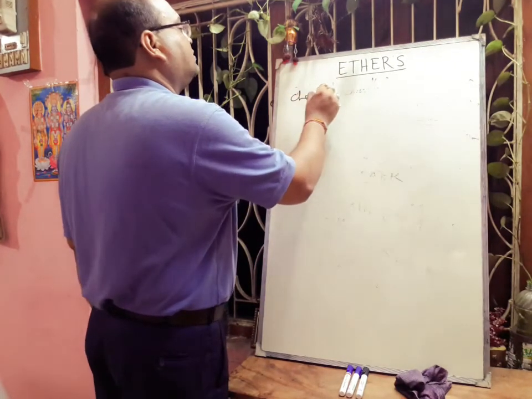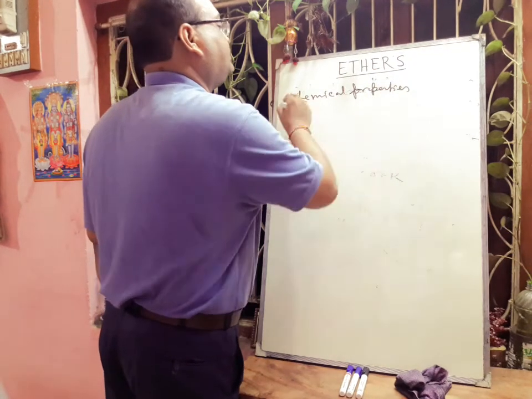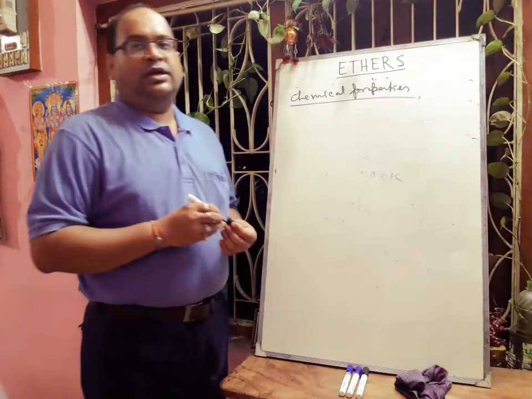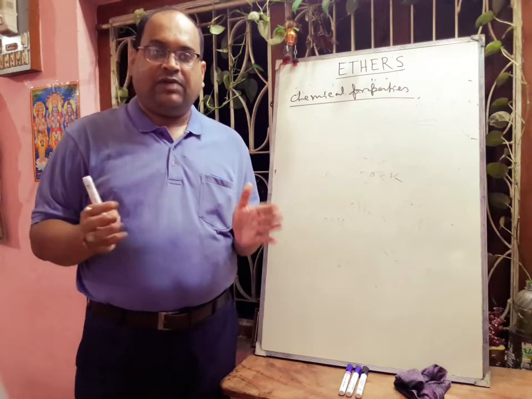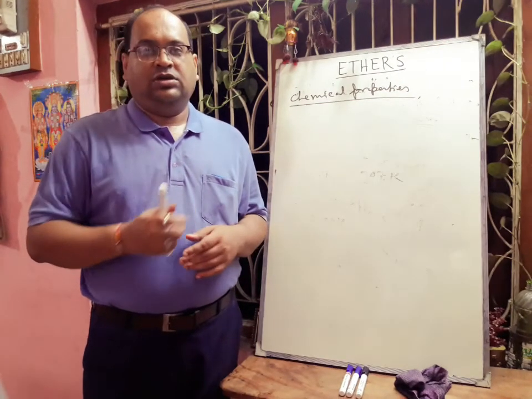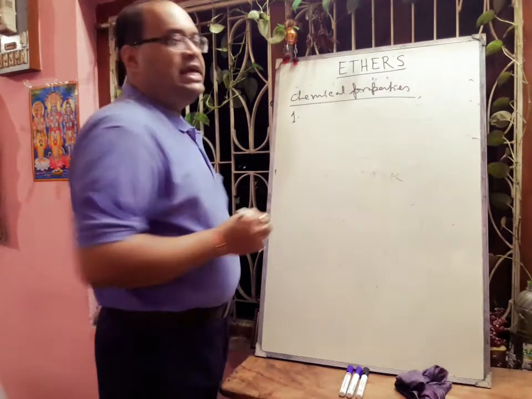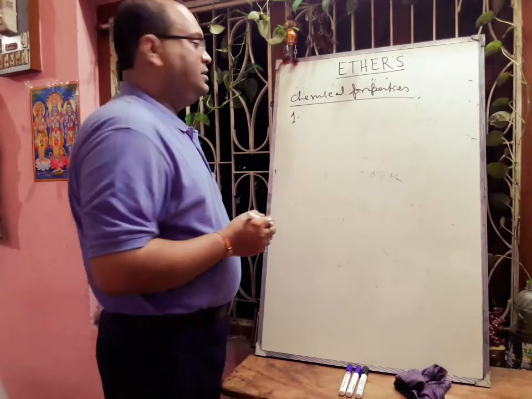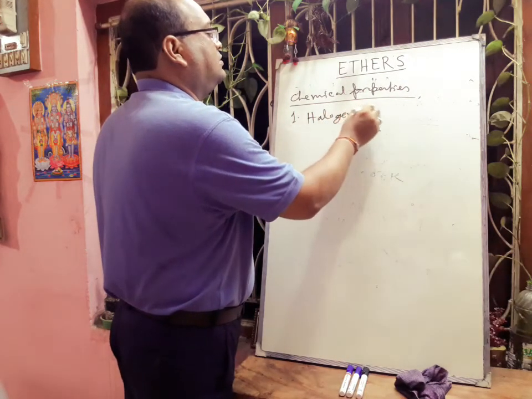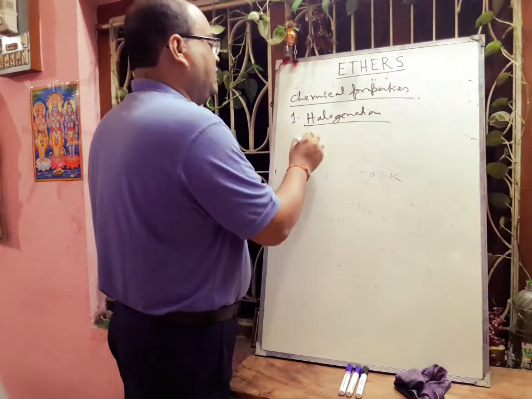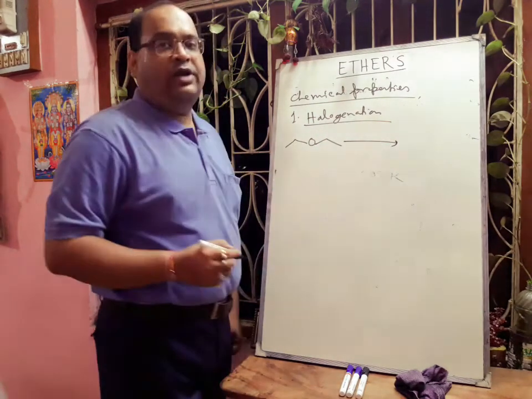Chemical properties. Actually, in case of ether, that oxygen and carbon bond is very strong. We can do the substitution reaction in the alkyl part. It is a halogenation reaction. Halogenation. If we take diethyl ether and add chlorine in the dark,